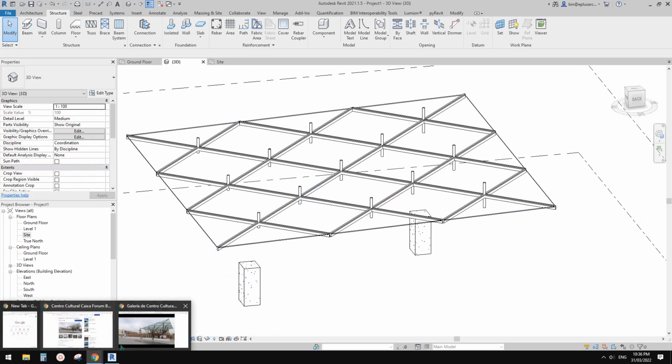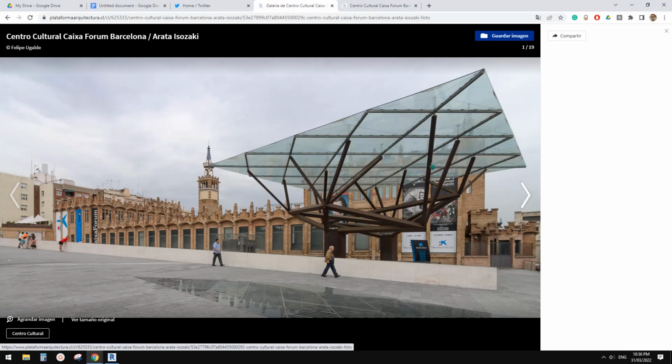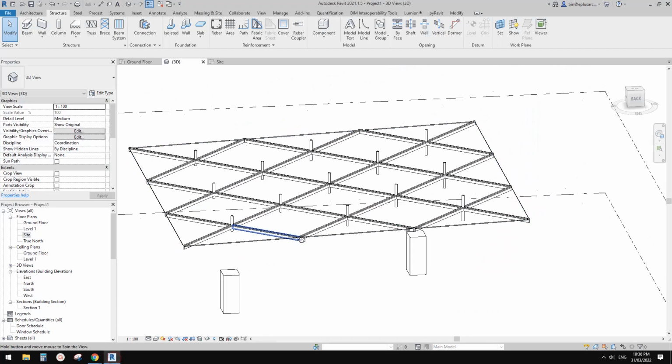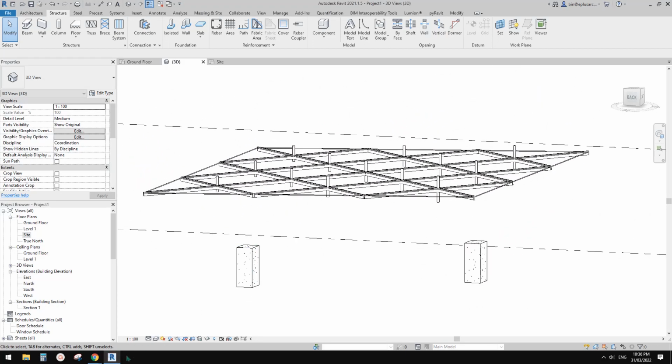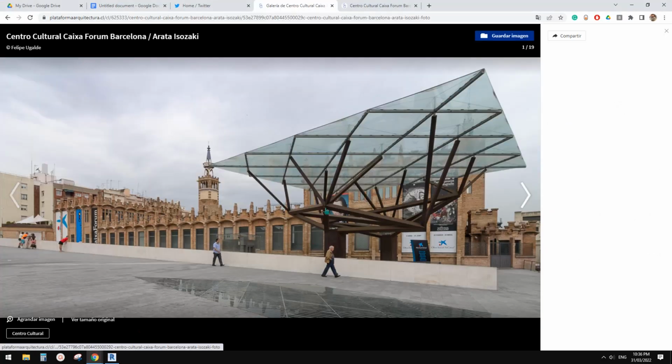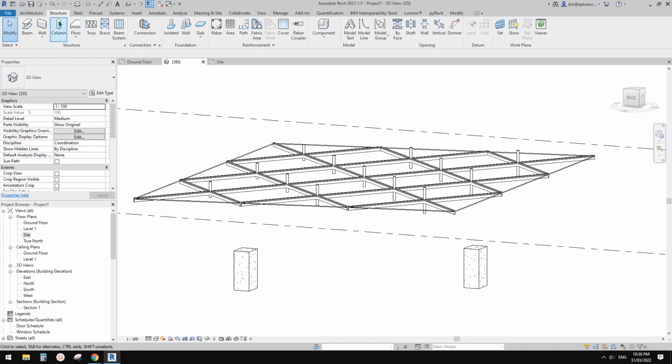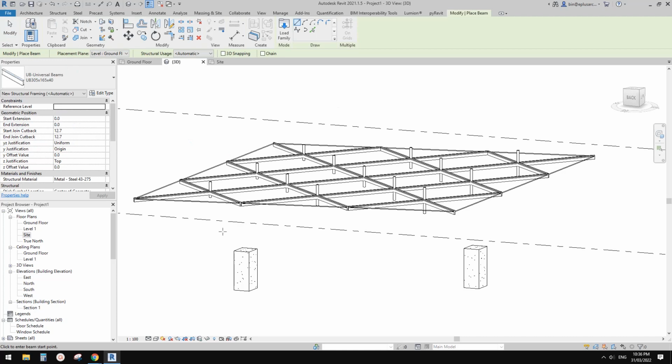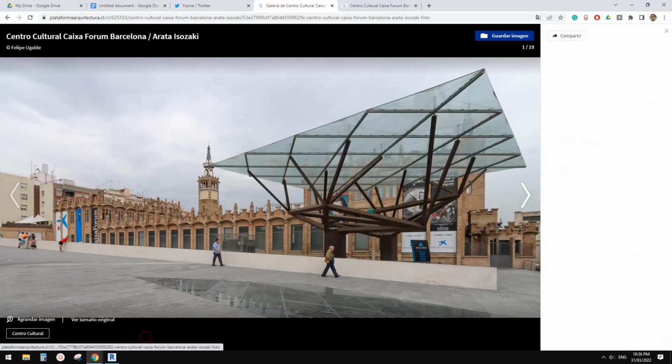And then the next step is we're going to create these beams. Okay, so this time we're going to use, hang on, let me just have a look again. So from here to here, and then go, it seems quite complicated, but anyway, let's do it. So this time we're going to use beam. Okay, so click on beam, and also let me have a look. It looks like a square shape, so maybe